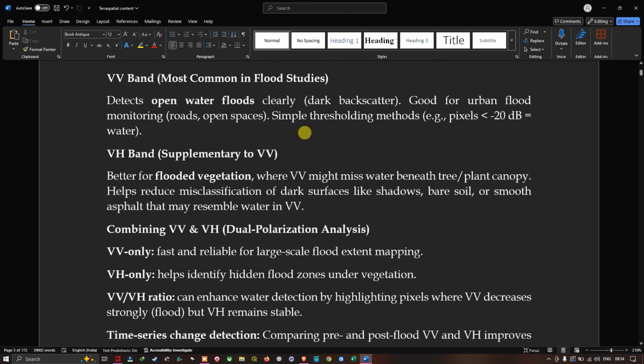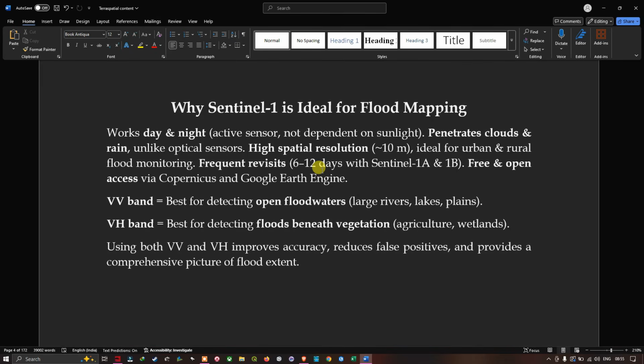And why is Sentinel-1 ideal for flood monitoring? So it works day and night. It's an active sensor, not dependent on sunlight, so it penetrates cloud and rain, unlike optical sensors. The high spatial resolution of 10 meters is ideal for urban and rural flood monitoring, and the frequent revisit of 6 to 12 days with Sentinel-1A and 1B, and free and open access via Copernicus and Earth